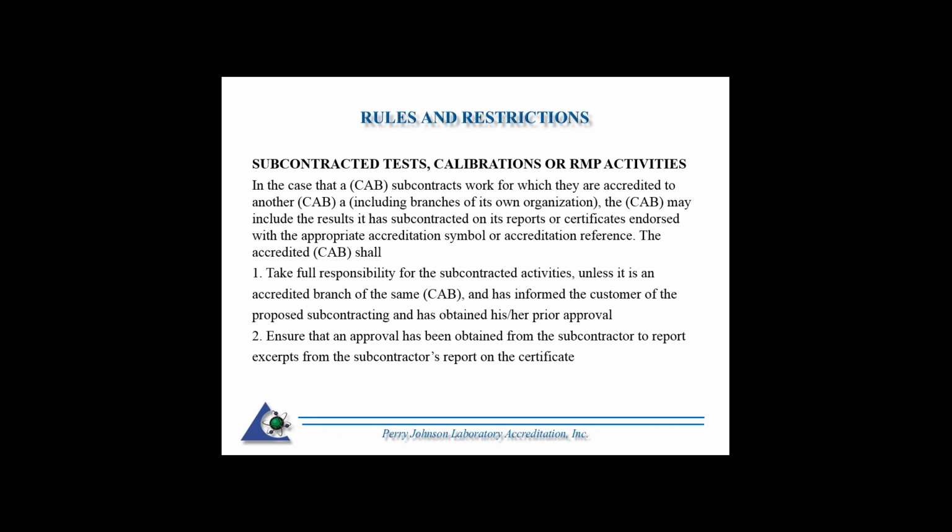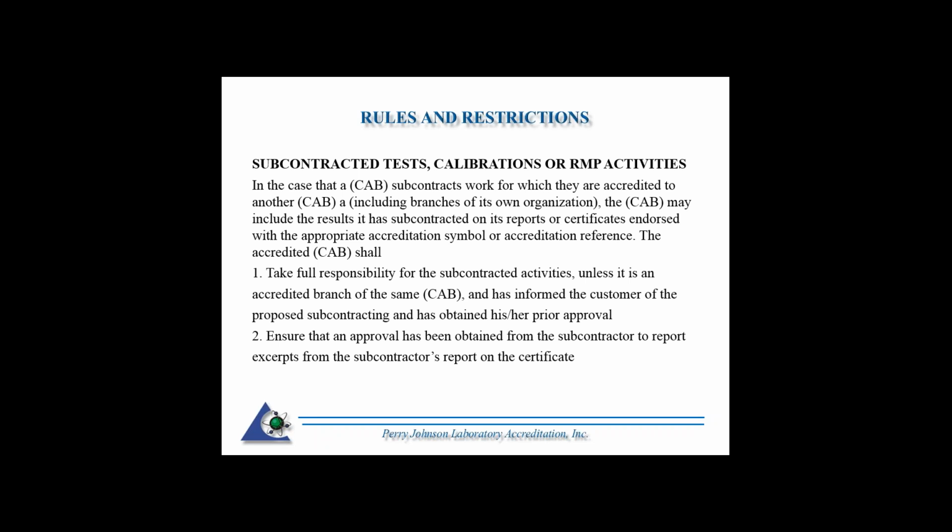In the case of the CAB that subcontracts work for which they are accredited to another CAB, including branches of its own organization, the CAB may include the results it has subcontracted on its reports or certificates endorsed with the appropriate accreditation symbols or accreditation reference. The accredited CAB shall, and some of these are actually incorporated in the 17025 standard as well,